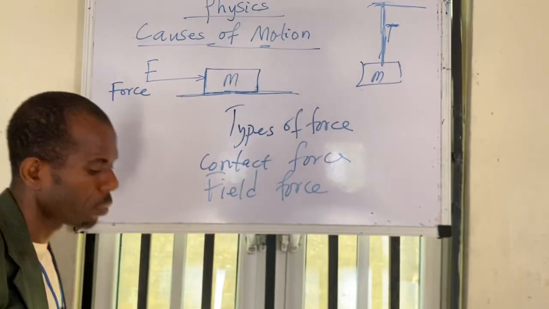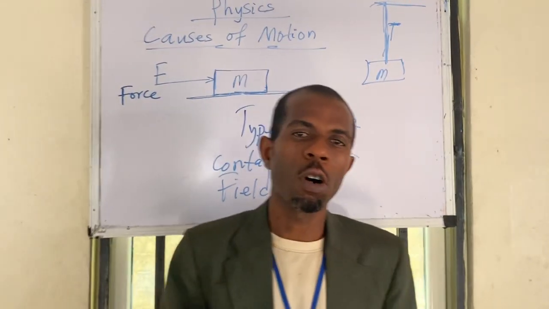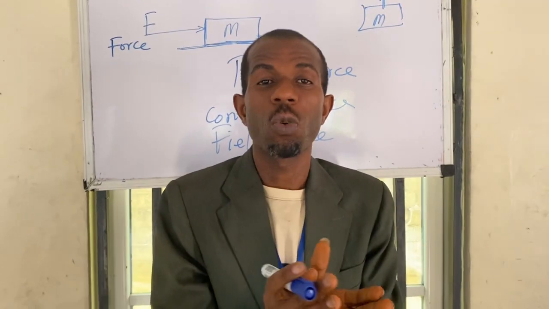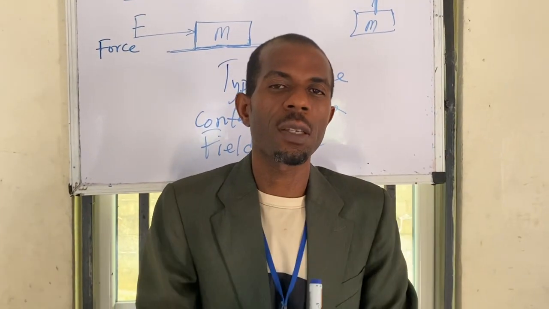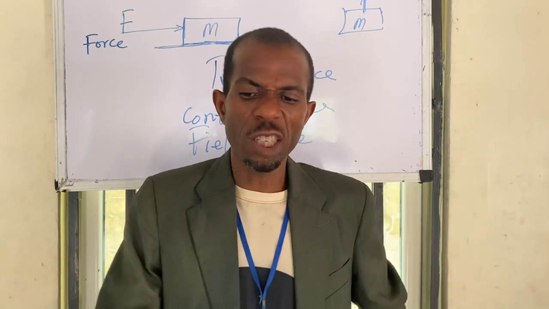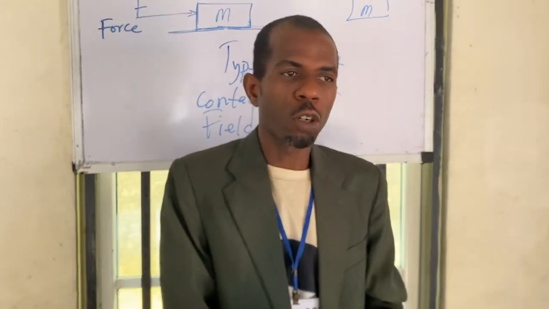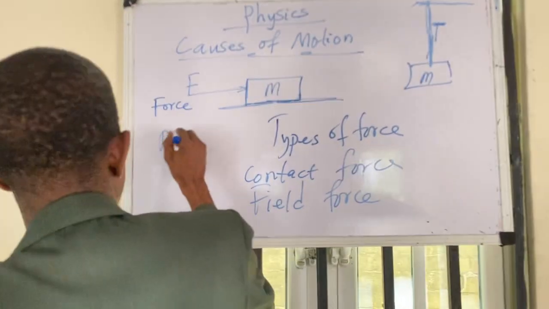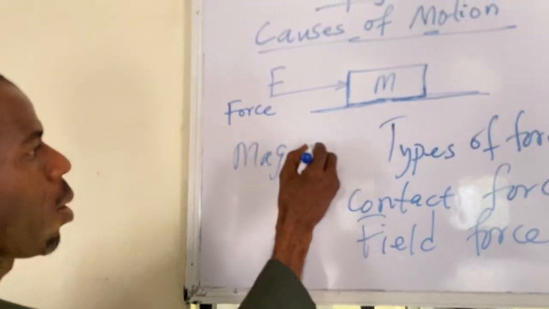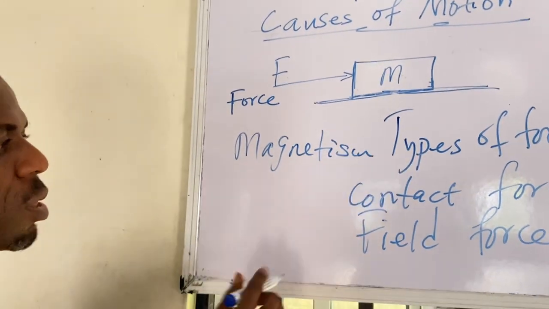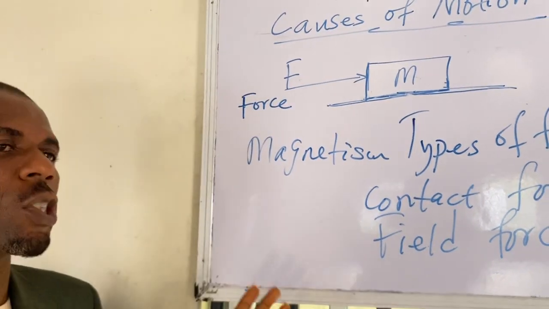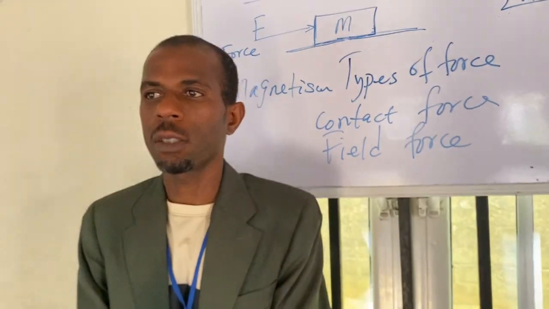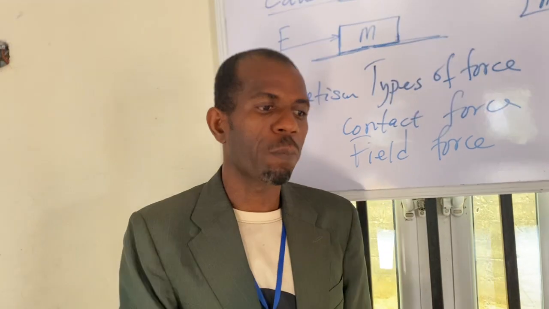Now let's move to field force or force field. This field force is a type of force that is experienced without surfaces in contact. It is a force that is experienced within a region of space. For example, magnetism is another force that does not require any surface in contact. Take for example iron filings or pieces of nail, and you bring out